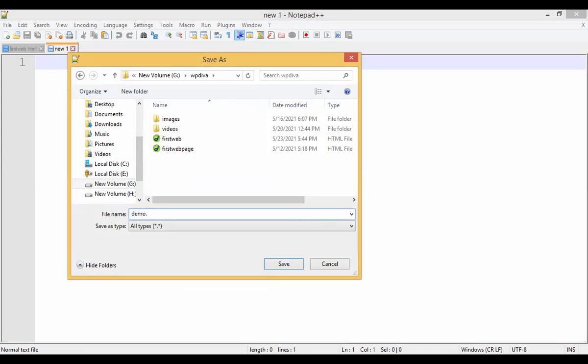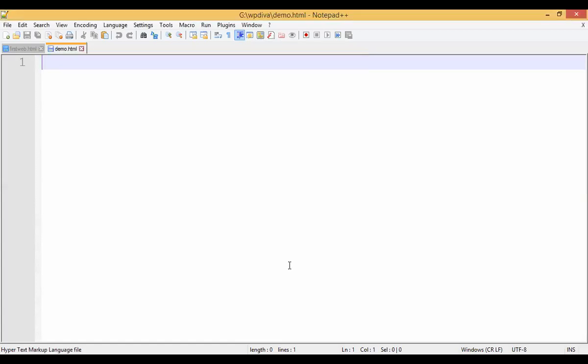What do you have to give? Demo.html. You cannot type only demo. So you have to completely write demo.html and then click on Save. Okay, now your file is saved, right? Now I will type the data, right? So I can take doc type HTML, right? Whatever older files we have created, you also keep those in mind, okay? Yes, are you following, all of you? So this example I'm going to tell you, doc type HTML. Yes, is the Notepad screen visible to all of you?